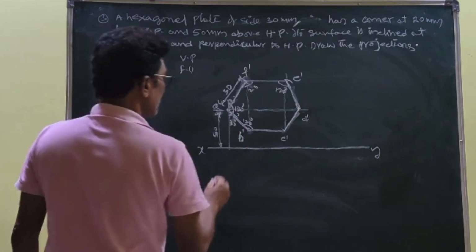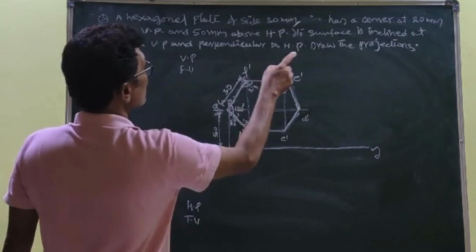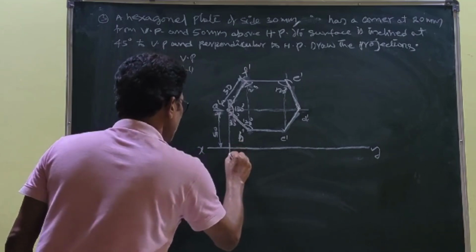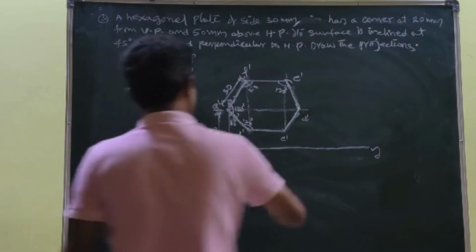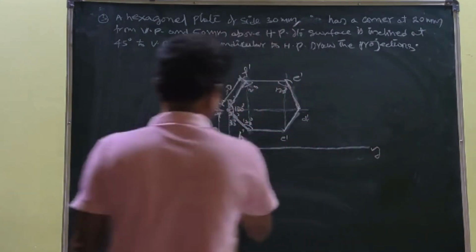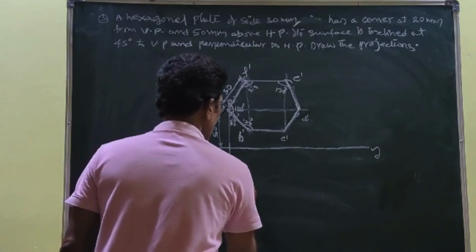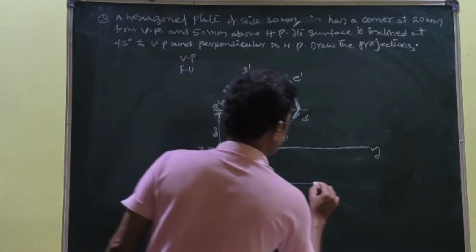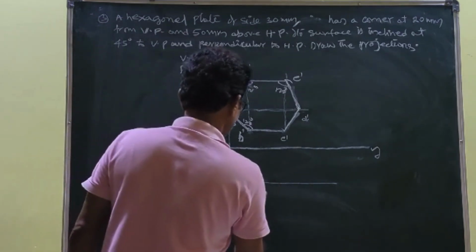Here to here 50. So therefore, from here coming to that top view, that is 20 mm from the VP. 20 mm from the VP. So therefore, you extend this line. Extend this line. This is 20 in front of the VP. Here you draw a horizontal line parallel to the XY line, like this. Once you draw this line,